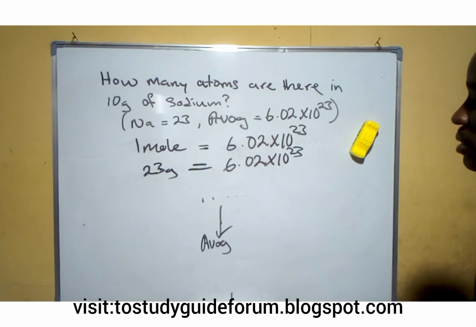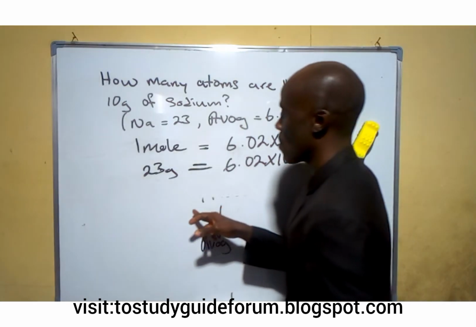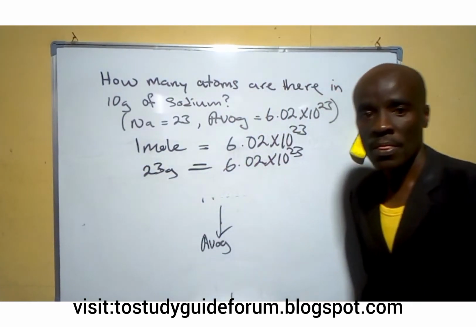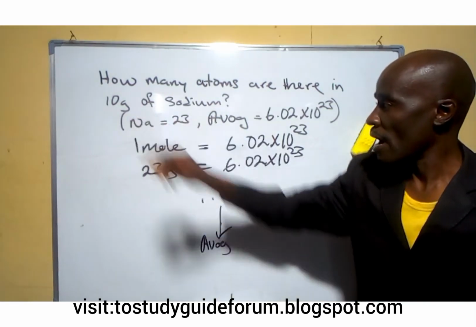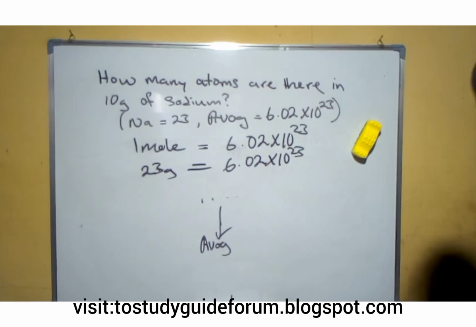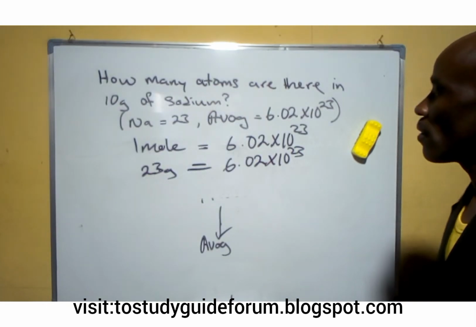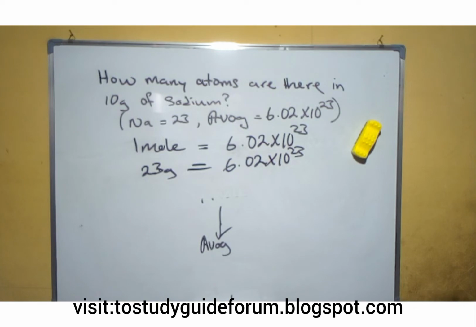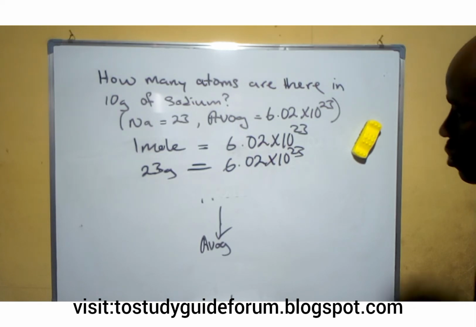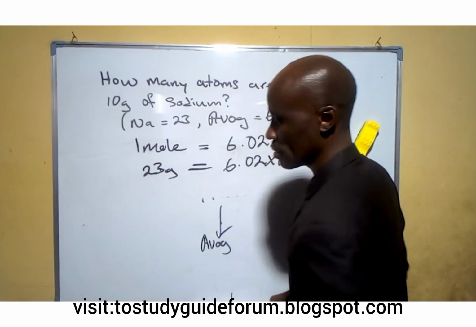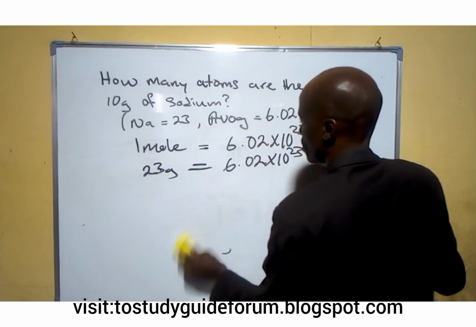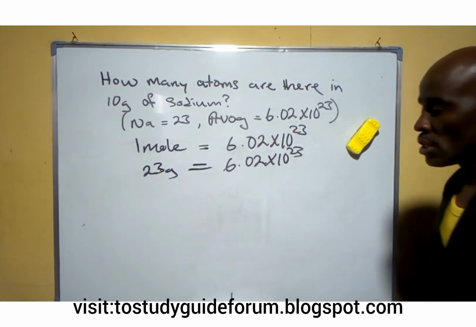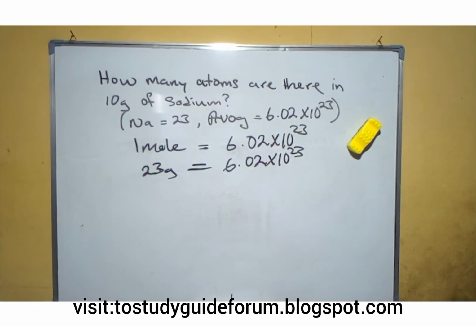Now, what we're looking for is the number of atoms in 10 grams. So since we know that 23 grams is equal to 6.02 times 10 raised to the power 23,